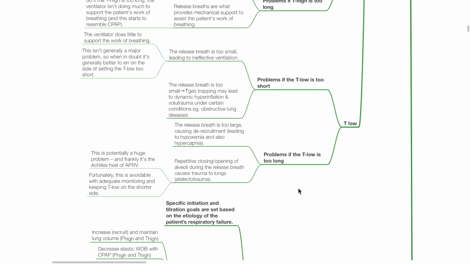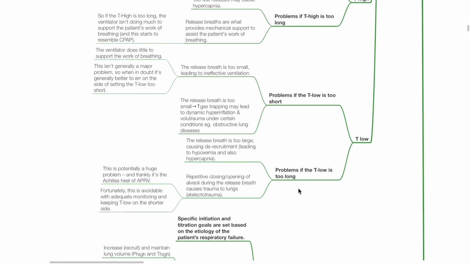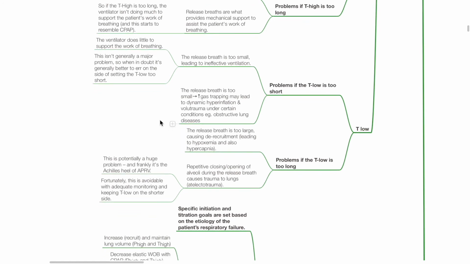T-low. Problems if T-low is too short. The released breath is too small, leading to ineffective ventilation. The ventilator does little to support work of breathing. This isn't generally a major problem, so when in doubt, it's generally better to err on the side of setting the T-low too short. The released breath is too small. This may increase gas trapping and may lead to dynamic hyperinflation and volume trauma under certain conditions, such as obstructive